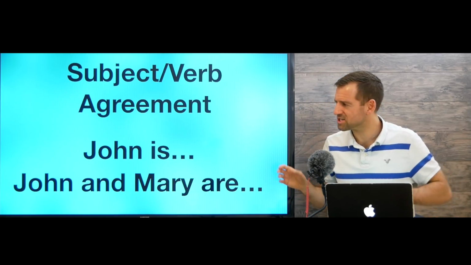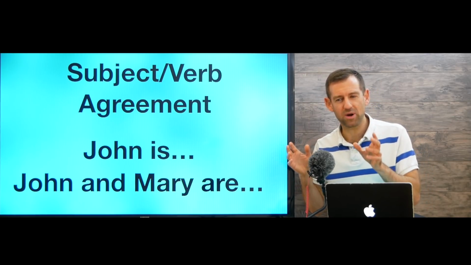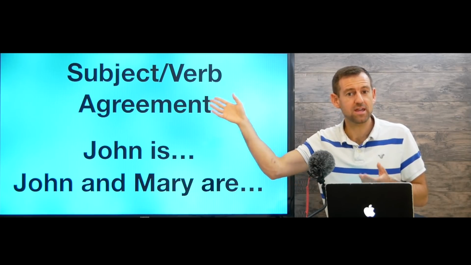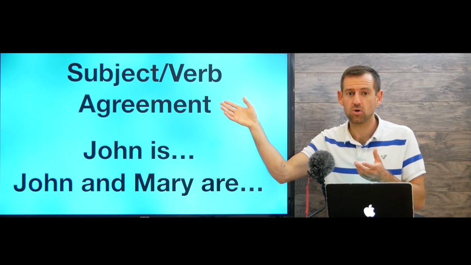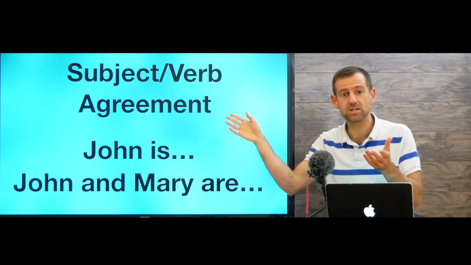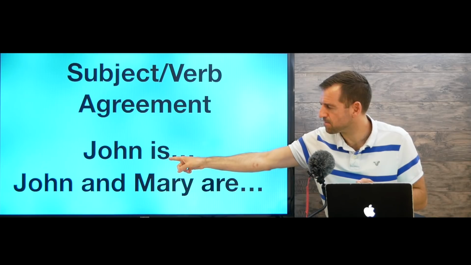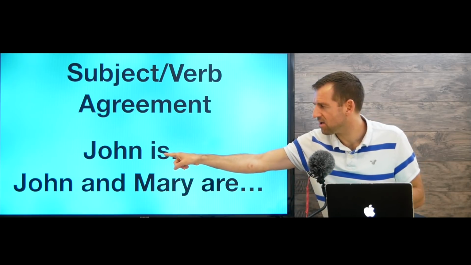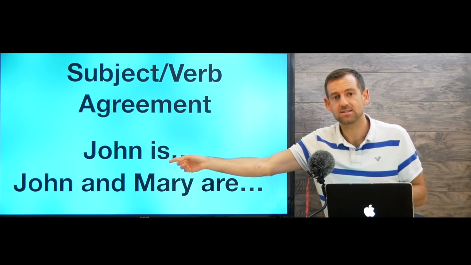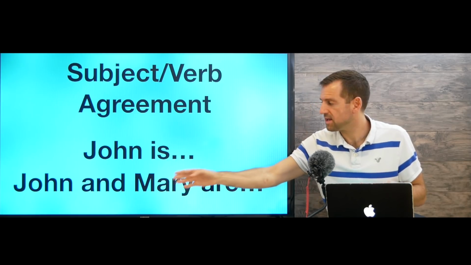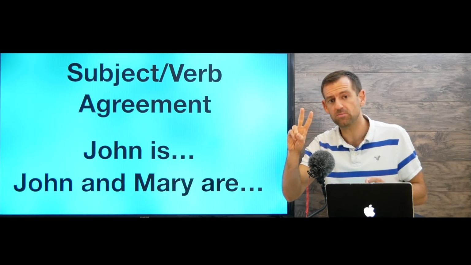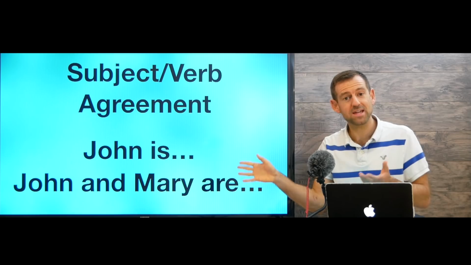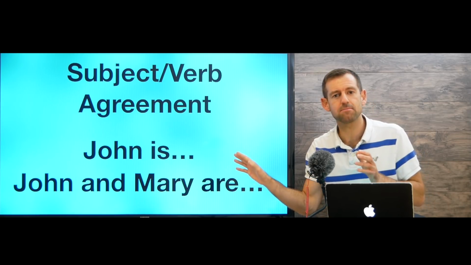Okay. Now, I want to mention a grammar point here. Have you ever heard of subject-verb agreement? This is a very important thing that you need to know in English grammar. You probably know this already, right? John is, John and Mary are. Why is it are here and is there? Well, here, John, that's singular, right? It's just one. Here, John and Mary, there are two people, right? So it needs this verb here. John and Mary are. Now that's easy, right? That's very easy and it's very important.